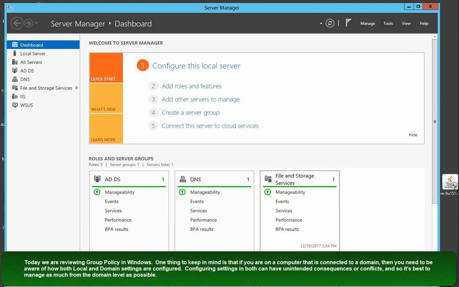Today we are reviewing group policy in Windows. One thing to keep in mind is that if you are on a computer that is connected to a domain, then you need to be aware of how both local and domain settings are configured. Configuring settings in both can have unintended consequences or conflicts, and so it's best to manage as much from the